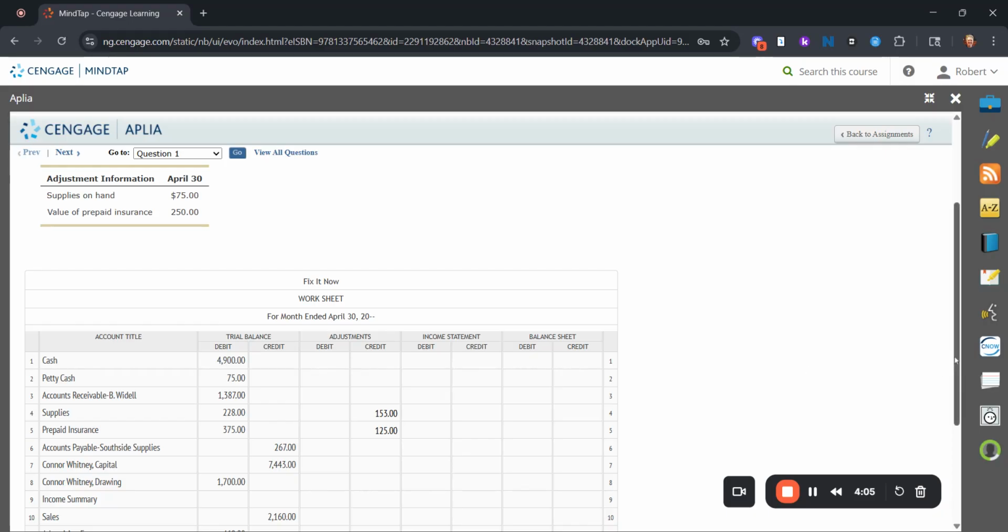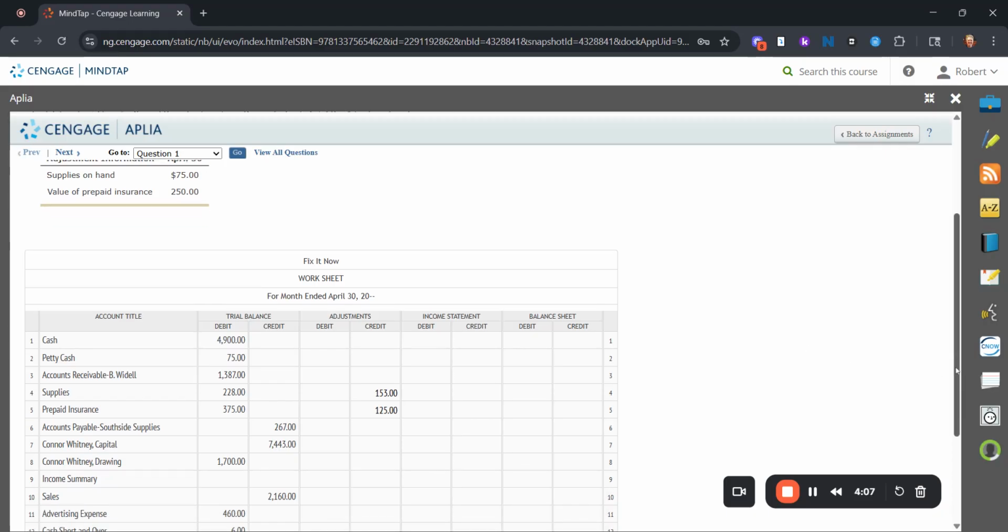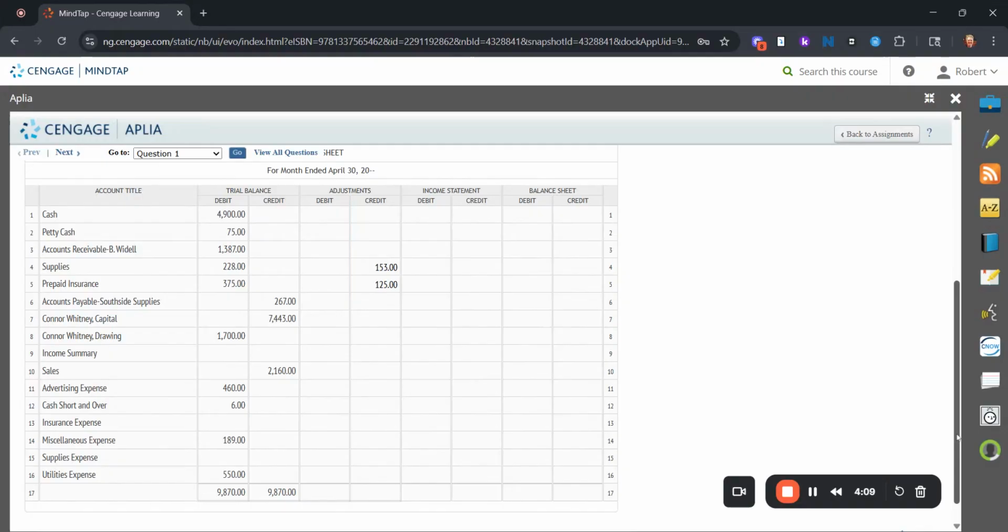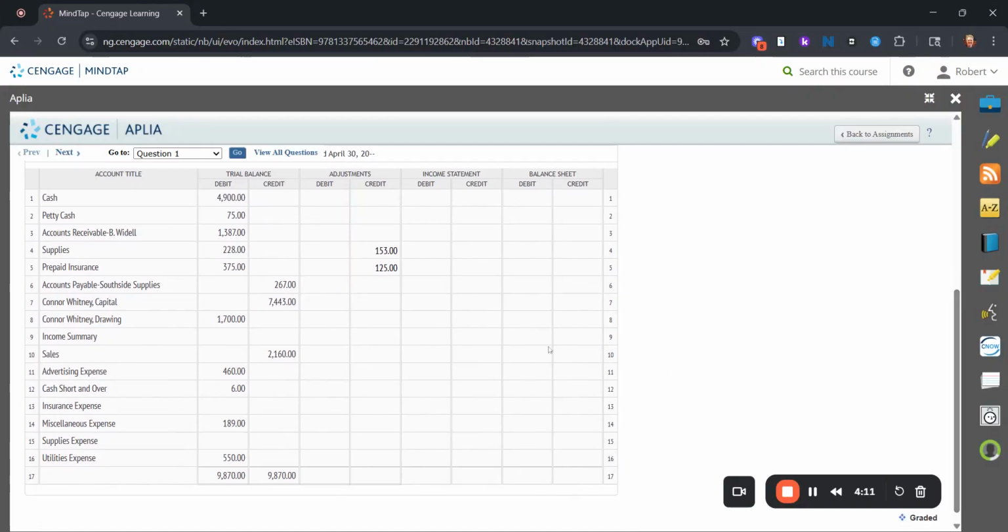Okay, so now something else has also happened here. That difference between the beginning value for supplies and insurance and the ending value of supplies and insurance, those have been used. Well, those have now become expenses. So we'll go down here to the expense section. So supplies expense,